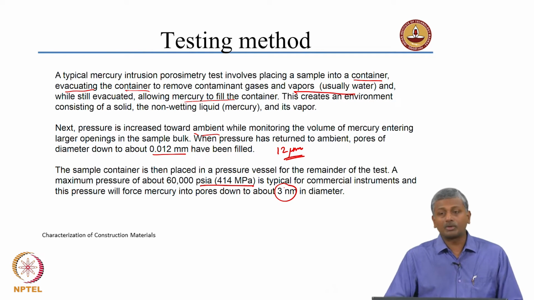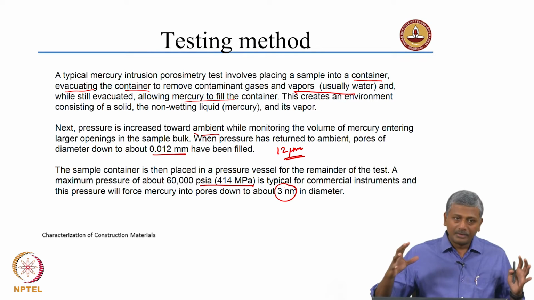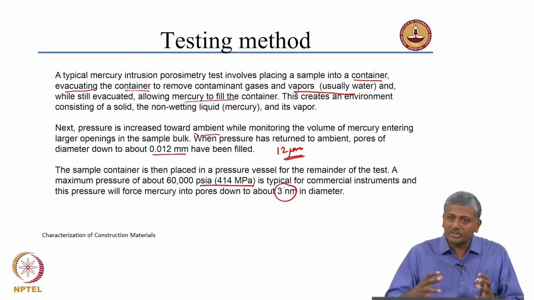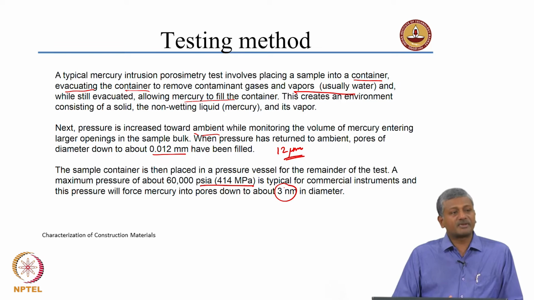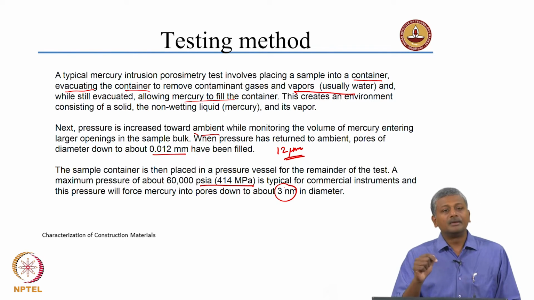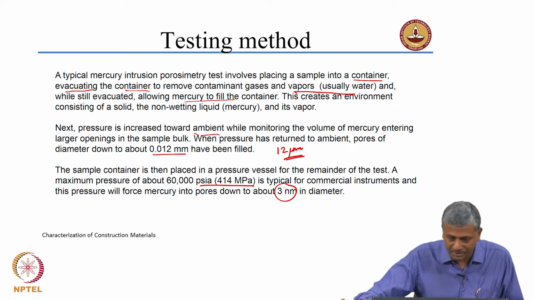And we will talk later about the fact that you are pressurizing the mercury. So, you are in fact compressing the mercury also. At higher pressures, there is more compression of the mercury. There is also going to be compression of your sample. So, you need to ensure that this factor is accounted for when calculating the volume intrusion into the sample. That means you want to calculate only the volume intruding the sample, and not the change in volume because of the compression of the mercury as well as the sample. We will talk about that again in just a minute.